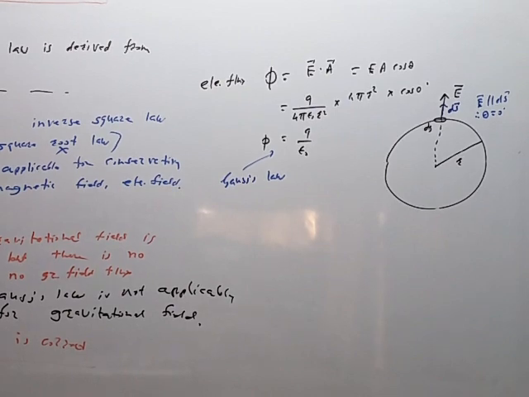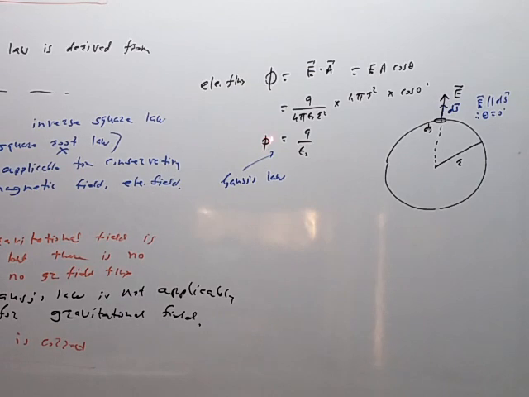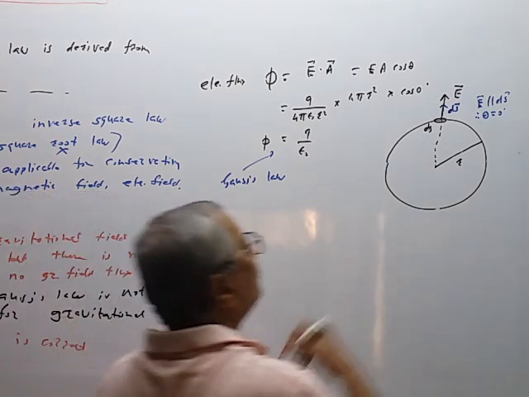Why these A and B statements are wrong can be proven mathematically like this. This is Gauss's law. Electric flux phi is equal to total charge enclosed by the surface upon permittivity of the medium, Q upon epsilon naught. Phi is also given by E dot A, the scalar product of electric intensity and area vector. So now if the charge Q is kept here, then it will produce the electric field intensity E. It is directed normally away along the radius. If we consider a small area dS, then the area vector dS is in the same direction. So E and dS are parallel to each other, and hence theta is equal to 0 degrees.